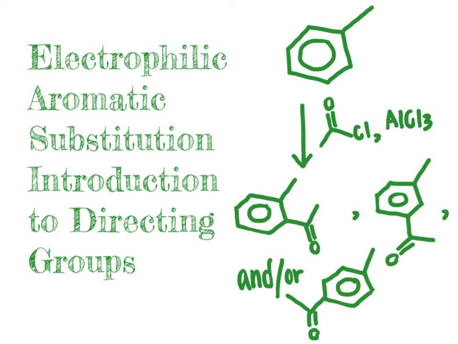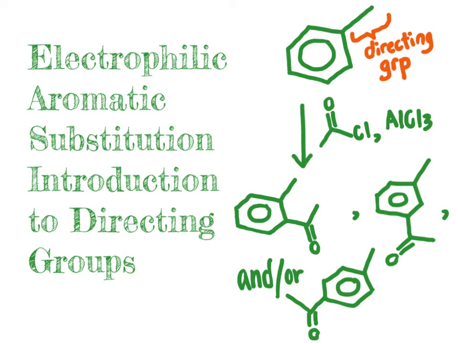Directing groups refer to scenarios where we start with an aromatic ring that already has one or more substituents on it, such as the case of toluene here in our example. We're not starting with benzene, we're starting with a benzene derivative. And we refer to the group that is already attached to the aromatic ring as a so-called directing group. It is going to direct the course of the reaction in terms of where the next electrophilic group will bond